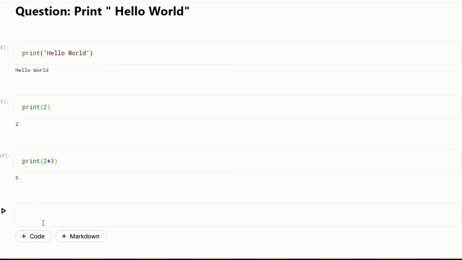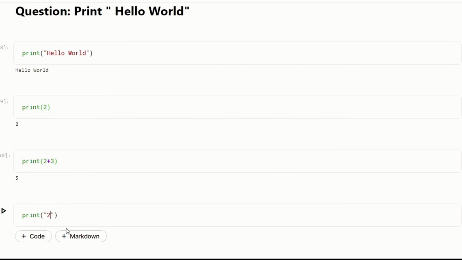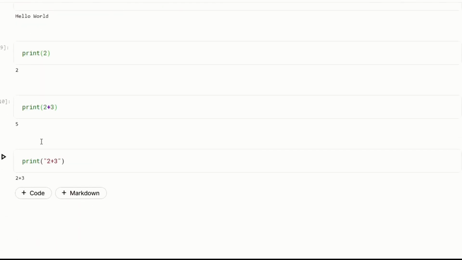But if you just write this 2 plus 3 inside a quotation, then you can see that it will print like 2 plus 3. So this is the basic difference while using this quotation marks. So you can easily see that